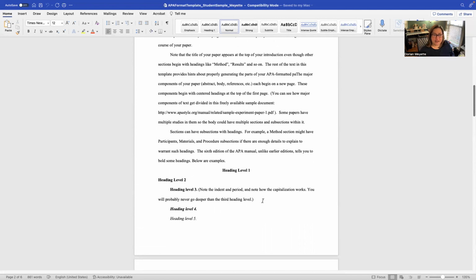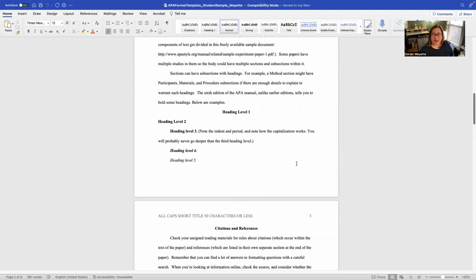And then again, we're going to be going back to that outline for each heading, which could be your subtopics, it could be the points you want to make. However you have your paper organized, you're going to have a different heading level, and it really helps guide the reader from topic to topic, because